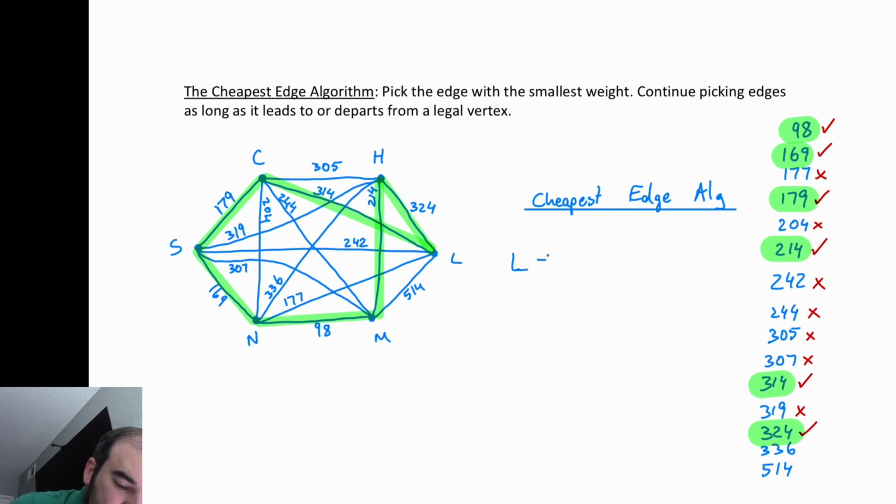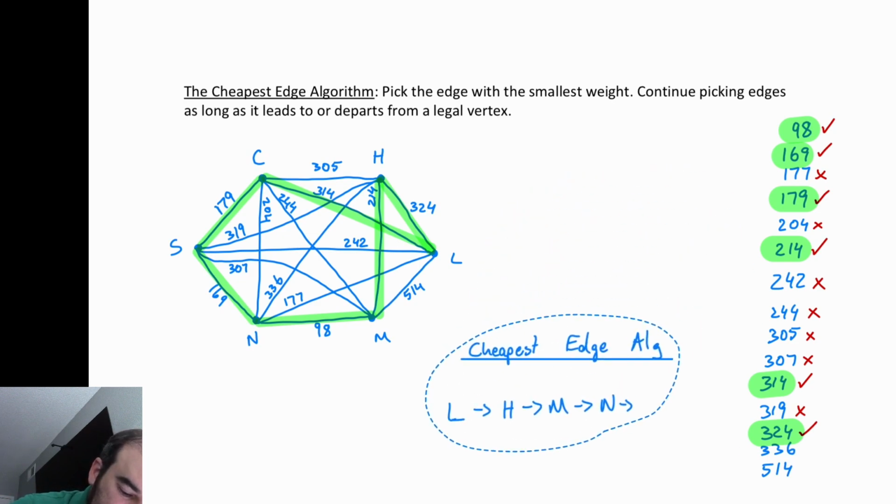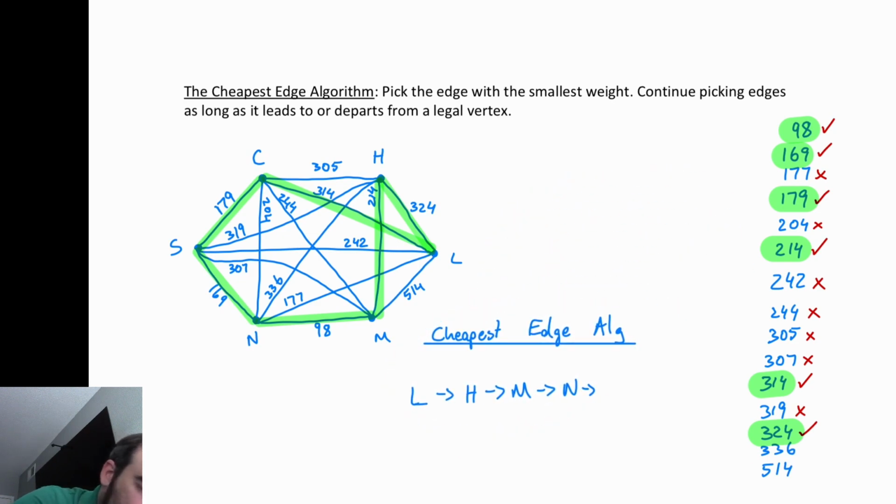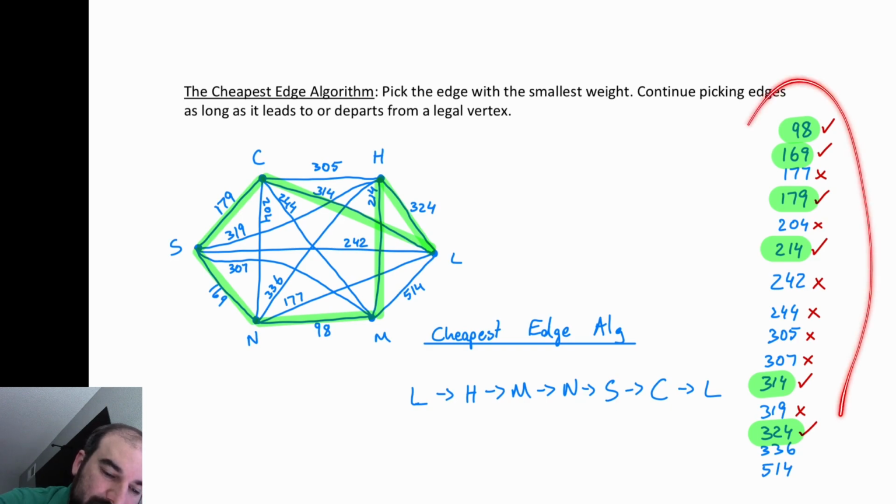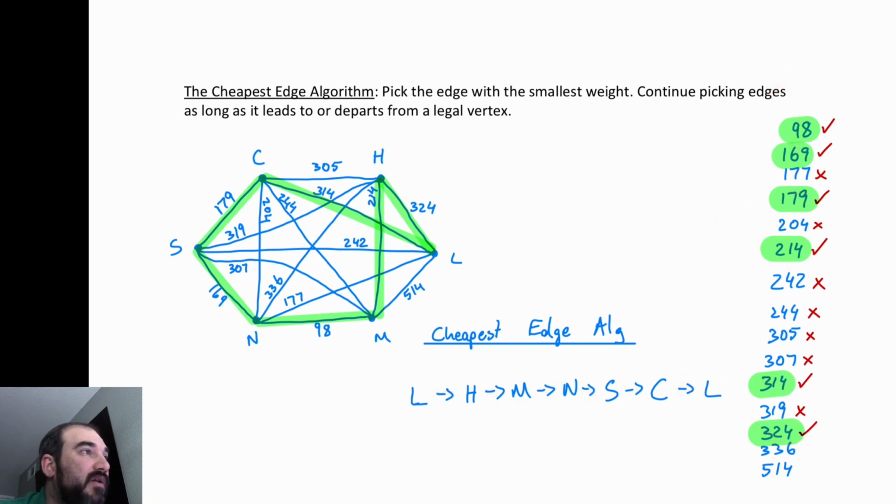L, for example, I could just go L to H to M to N. I guess I'm running out of room here. To N to S to C back to L. Right, and the weights I've highlighted on the side over here. There's 1, 2, 3, 4, 5, 6. And adding those together,